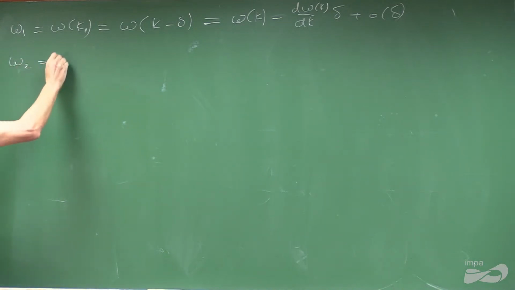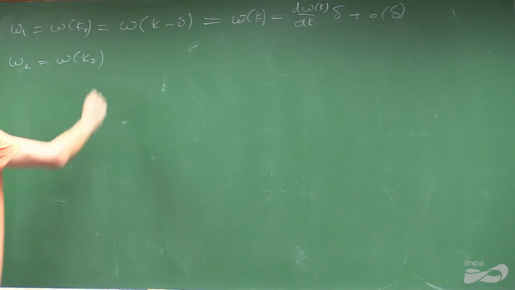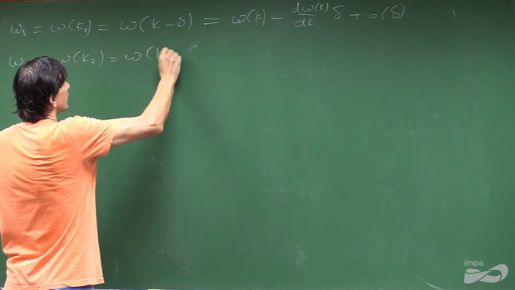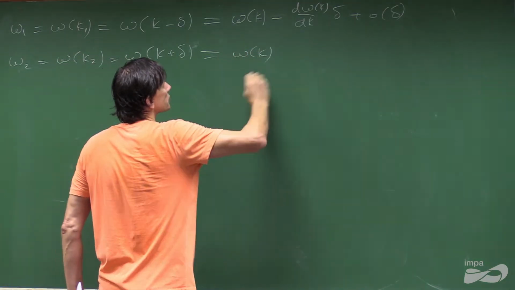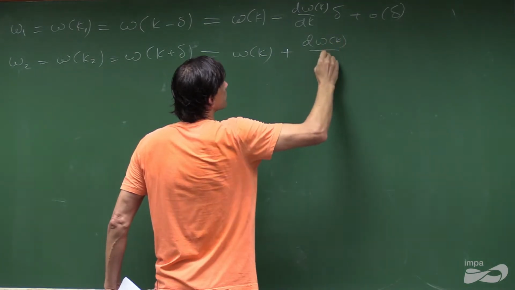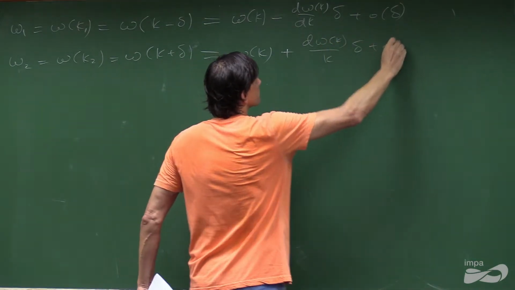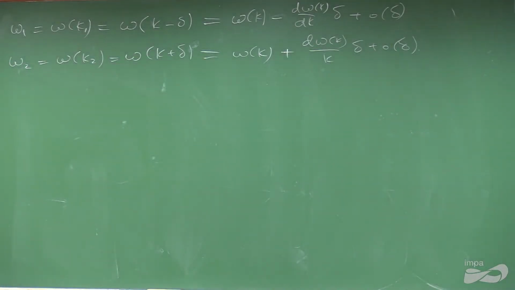For the second, it's the same function at K2. So we take it as K plus delta, take a Taylor expansion, and now it will be the same term, but with plus. So you substitute this into the expression,